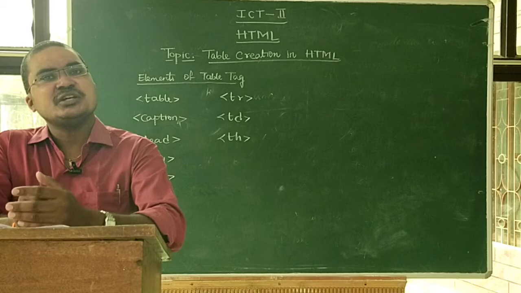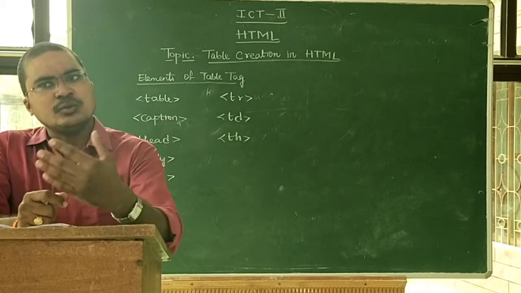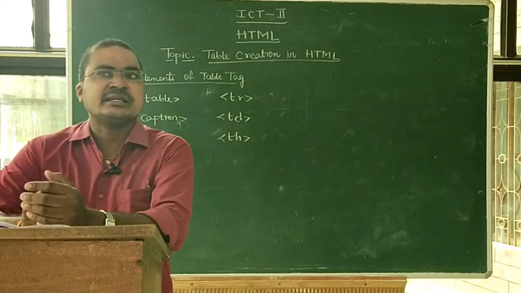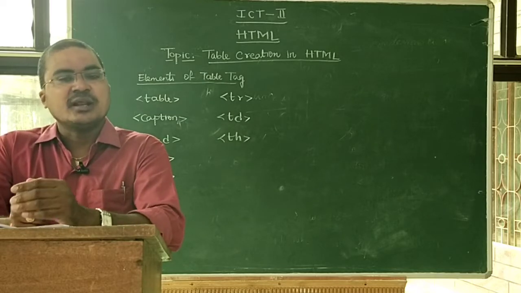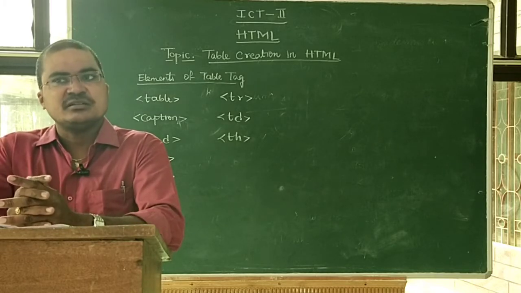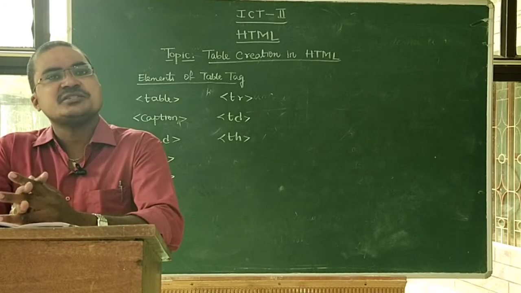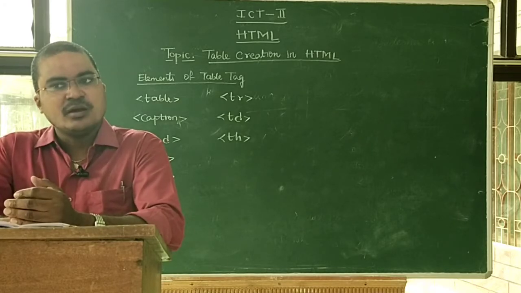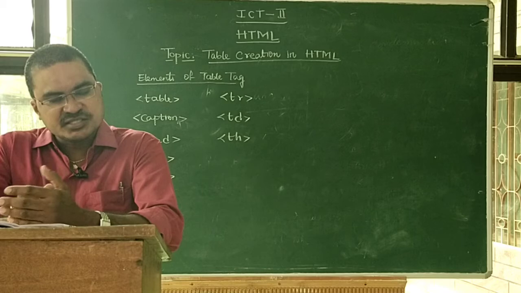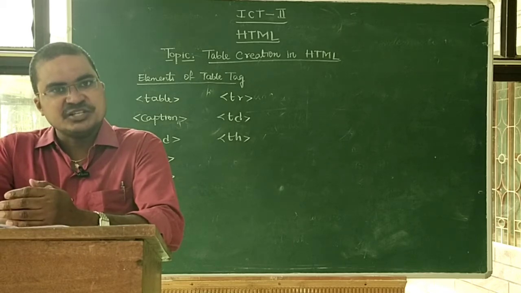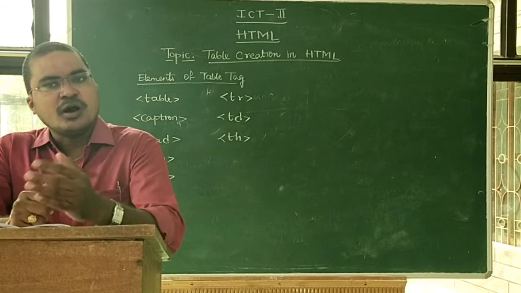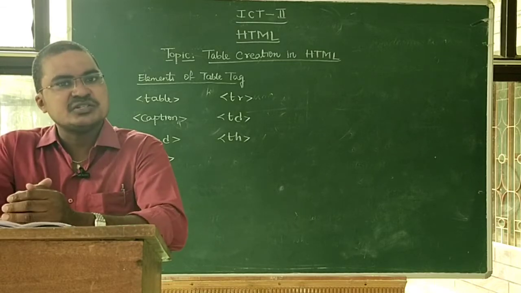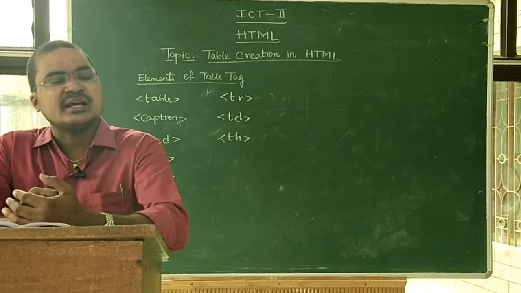And in the previous session we created more web pages on the internet, like preparing lists. You know there are 3 different types of lists: either an ordered list, that is called a sequence, an unordered list, that is called non-sequence, and a definition list, that is totally different from ordered and unordered. How to make these lists in a web page was completed in the last class.